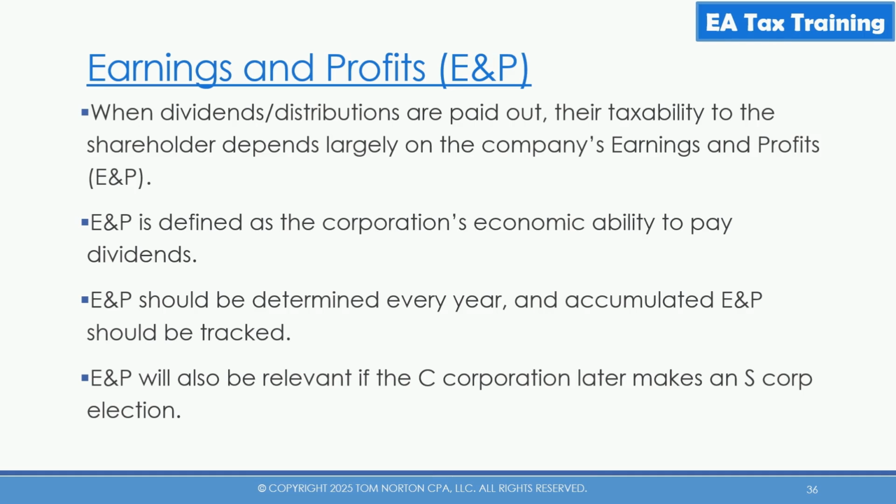So in other words, the very first year, you compute earnings and profits, which we're going to talk about how you do that. You compute it the first year. Then the next year, you compute it again, and you're going to add that amount to last year, and now that's your accumulated earnings and profits. Then the next year, you compute it again, and then you keep doing that every year. So you've got two types of earnings and profits. You've got current year earnings and profits, and you've got accumulated earnings and profits, and both of those numbers are